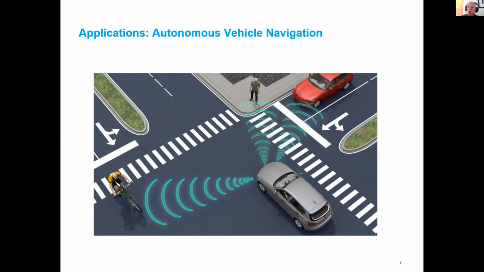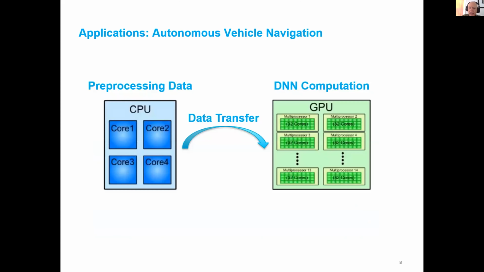So you have a lot of deep learning networks that are running based on information that's coming from the outside. So you can look at this cycle of getting information from the outside using video, let's say, and then a CPU, and then a second segment, which is the GPU processing of the deep learning algorithms. And so you have these two stages, one of them is the CPU work,